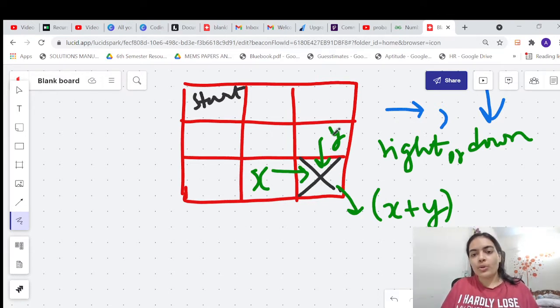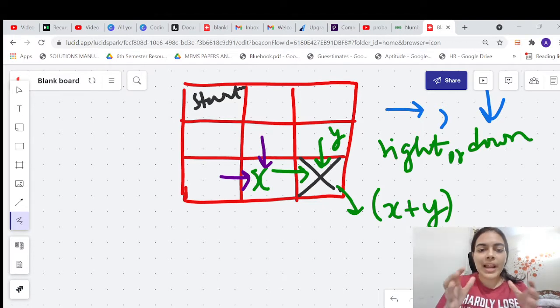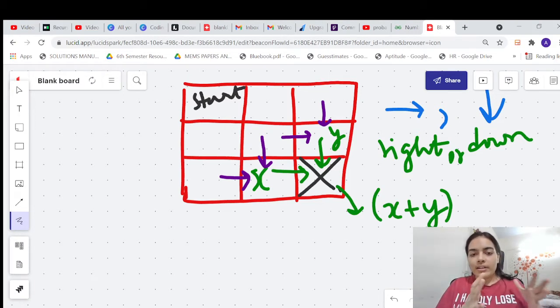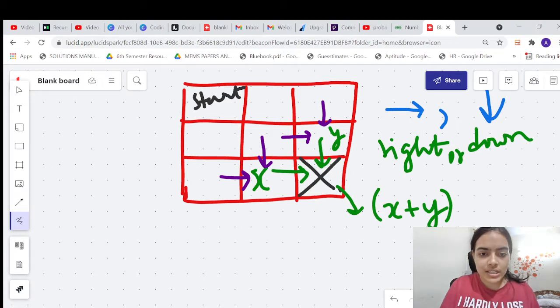We don't know x, we don't know y also, but how can we find them? They both don't know the answer, so what they do is pass on the responsibility. How are they going to pass on the responsibility? The same way this cell did. They are going to ask the cells left and above to return their answers, and then they will add those answers and get the answer. Similarly, y is also going to do the same thing. It's going to ask its neighboring left and above cells to tell the number of ways so that it can return the answer, and all the cells are going to do the same.